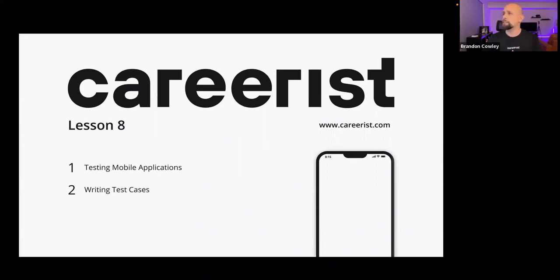We'll probably get you to the break a little bit early because the first part tends to go pretty smooth. And the second half will be a little bit more interactive. We'll be writing out a couple of test cases, and then we'll also write up a bug report at the end of that. So we'll jump into Jira real quick as well. So if everybody's good to go, I think we can just get started on this one.